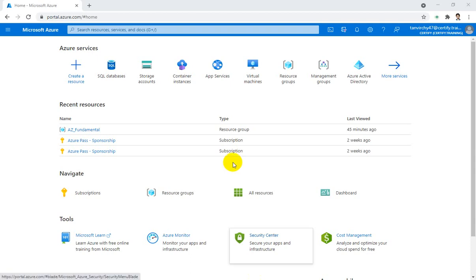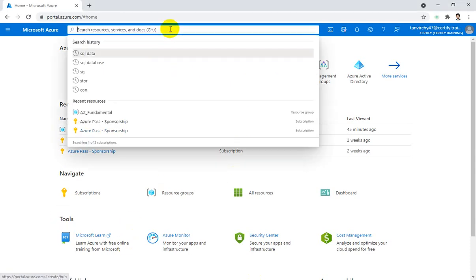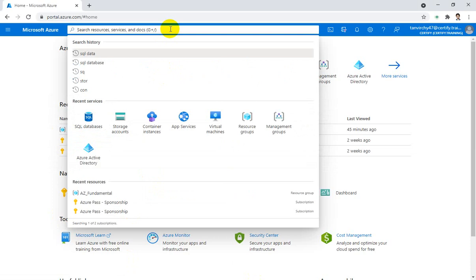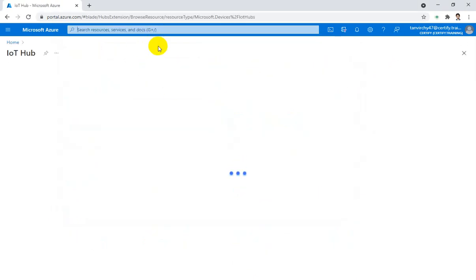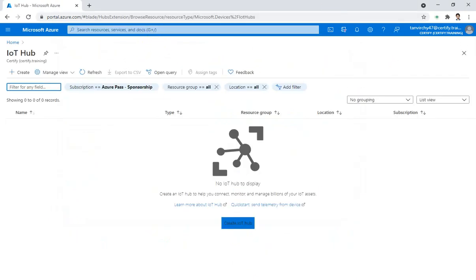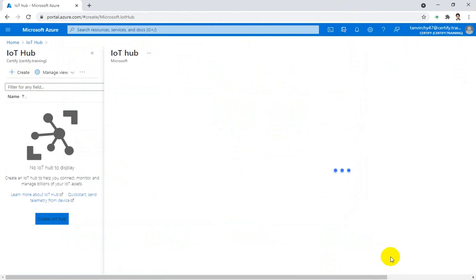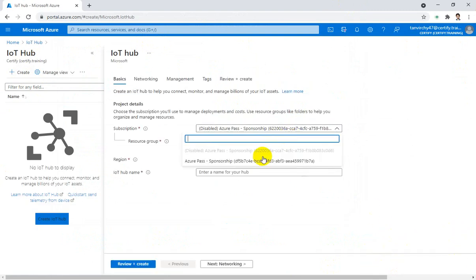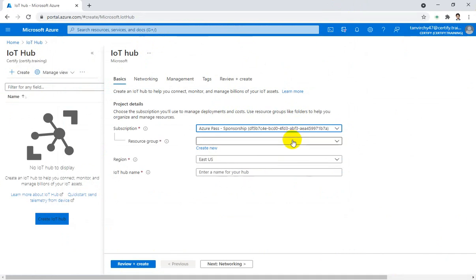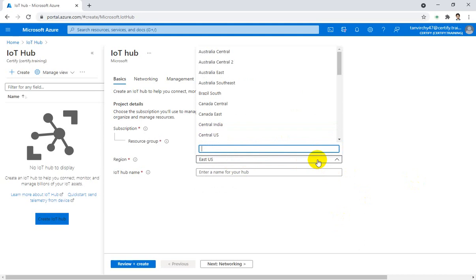So let's start. To do that, first we have to create an IoT hub. So we are trying to find IoT hub in the search bar, and we're going to create. So we have to choose our active path, then we have to choose our resource group and the region,